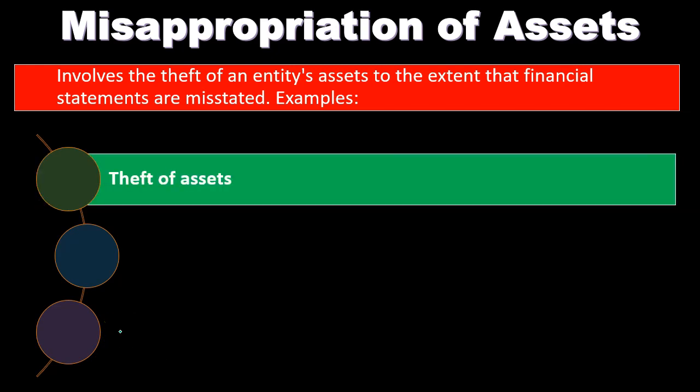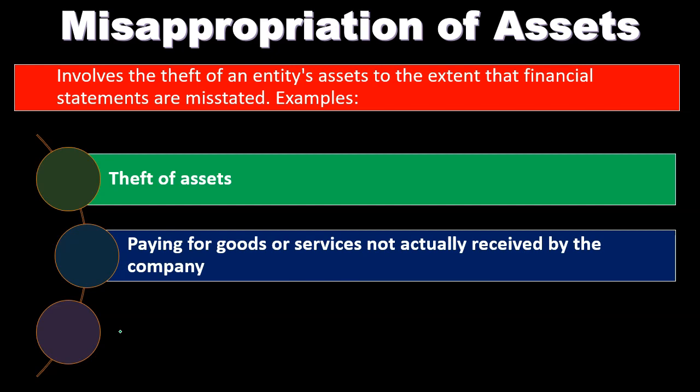So this could involve the theft of assets, so actually stealing assets of the company in some degree. And again, if you're stealing something like staples or something like that, if the audit was to pick that up, we could report that, but it's probably not large enough that it would actually have an impact on the reporting of the financial statements, considering materiality levels. Now, if there was large-scale theft of assets of some kind, then of course, at that level, we should be designing the audit to basically pick that up.